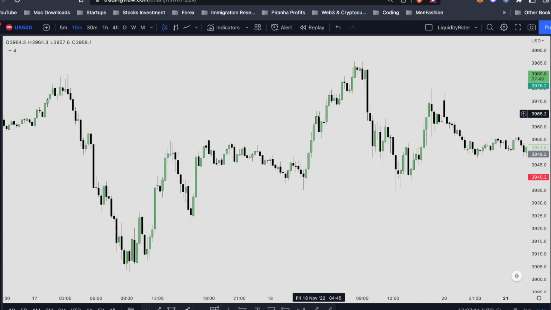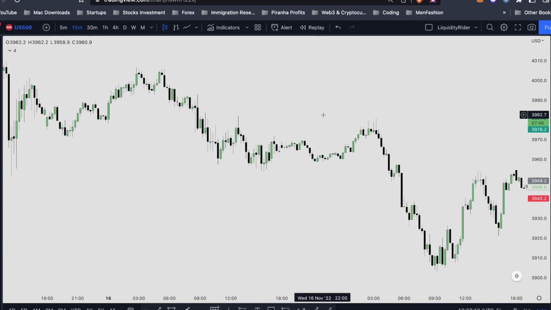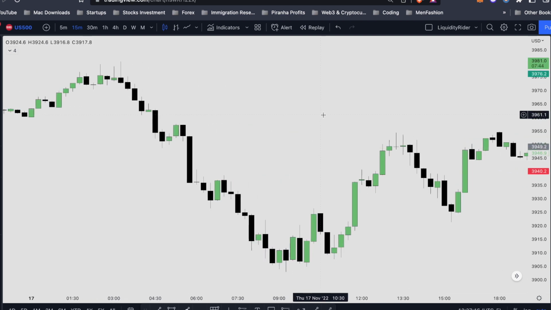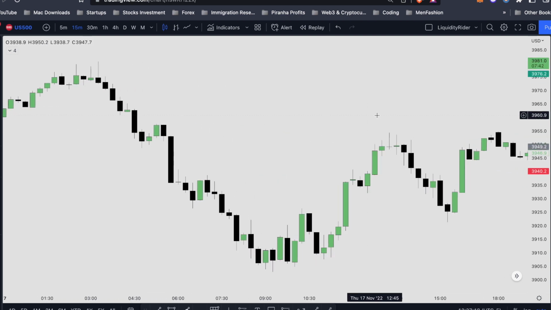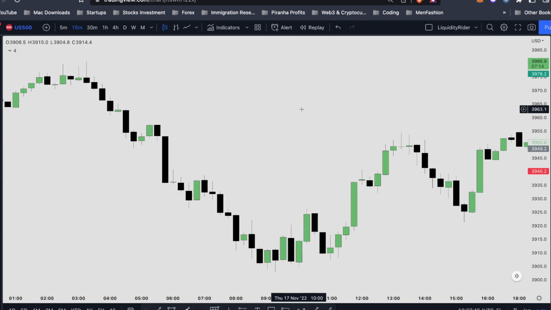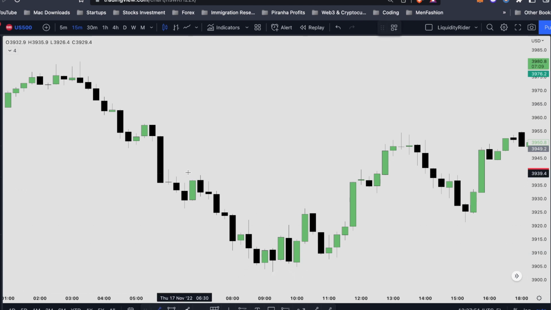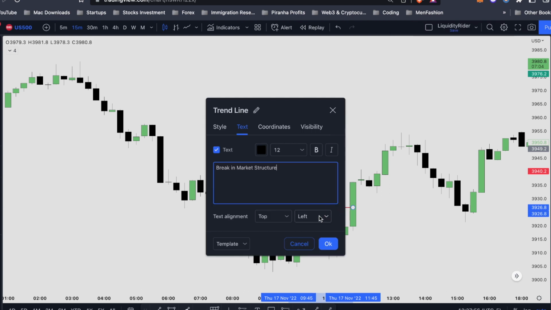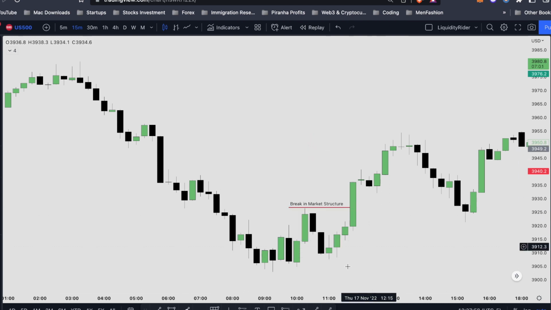Alright traders, let's look at more case studies and more examples. Before I mark out the chart, can you quickly identify the displacement and the setup that we're looking for here? Pause the video if you need some time. So let's look at this example. This is a very beautiful example. As you can see, we have our break in market structure right over here and we have our beautiful displacement, very clear, very obvious. There's no range bound movement.